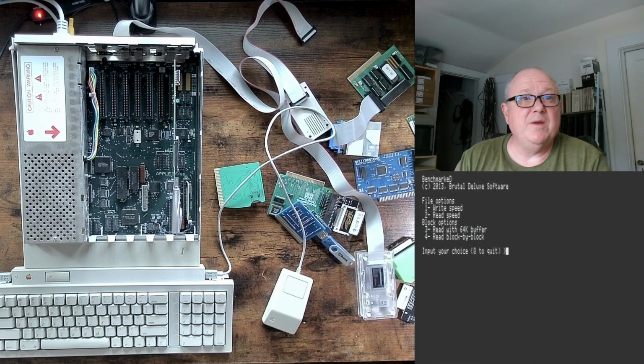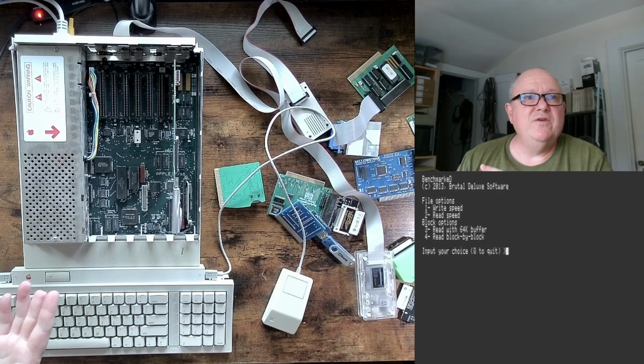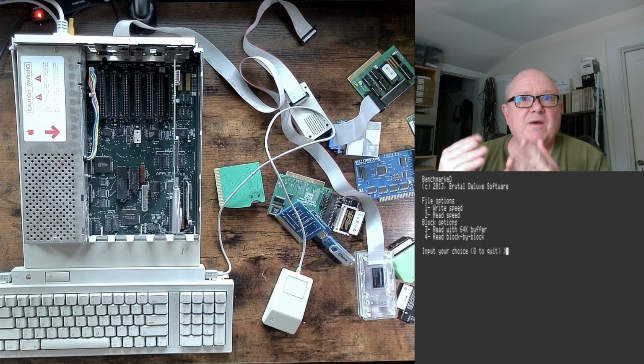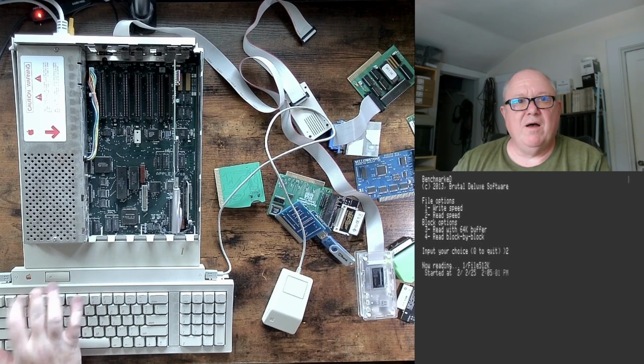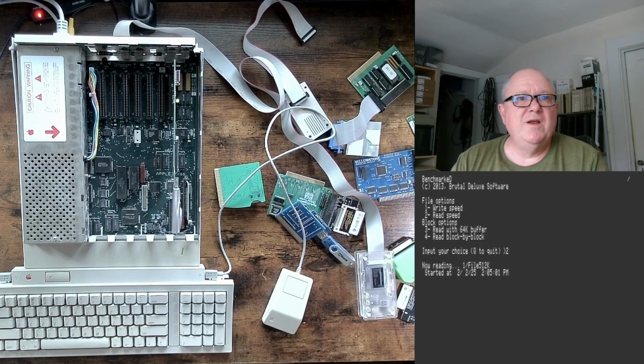This is the Benchmark D by BrutalDeluxe. And you can see there are several options here. You can do a file level read and write, which the last test we did also did, and it can do a block by block read or even a buffered read. So if we want, I'll go ahead and select two, and on this 800K disk image there is a